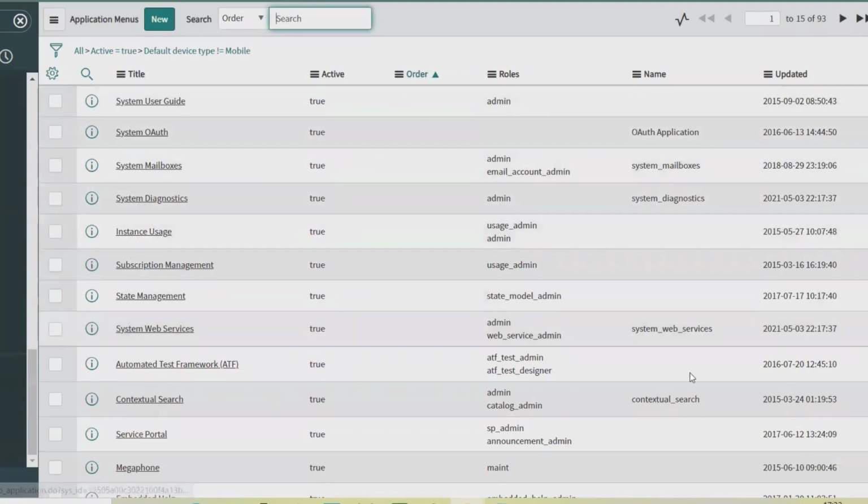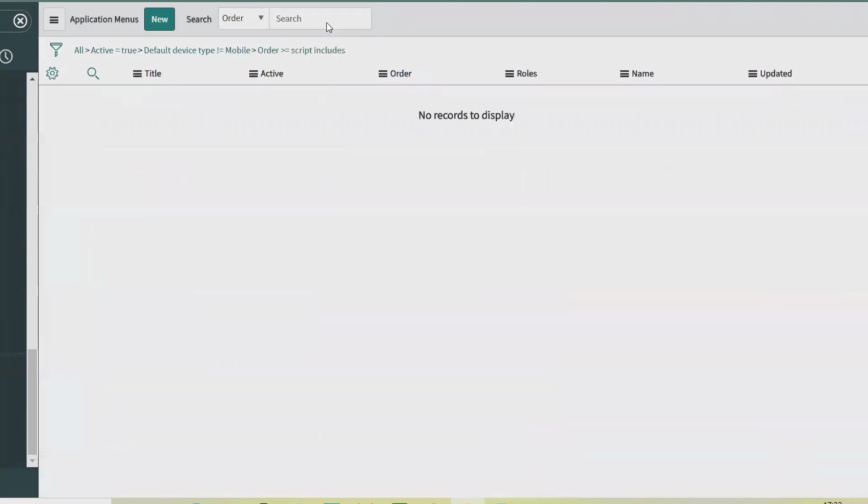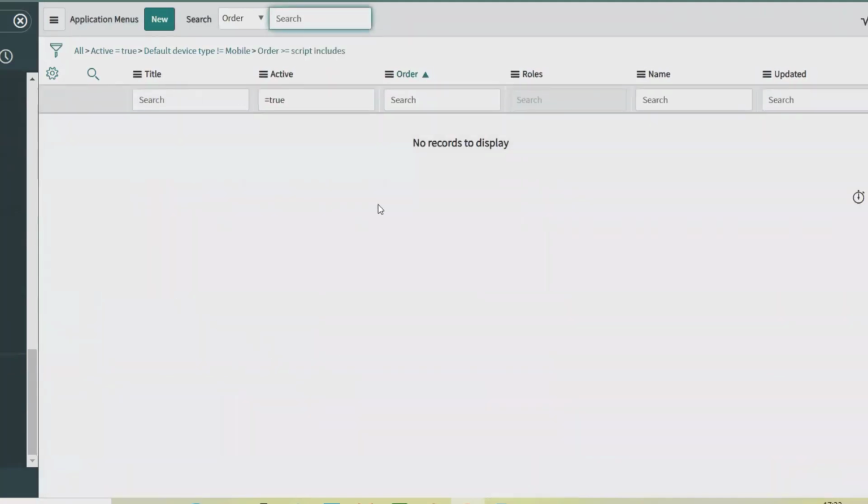Inside System Definitions, you can simply navigate to Script Includes. You will find the Script Includes section here. So this is how we can change the ability to copy a change request in ServiceNow.